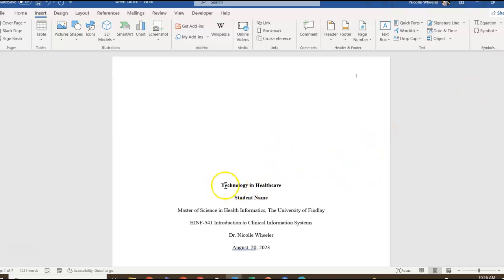Their title page includes the title. It would include their name, which I've taken that name out. That's where their name would go. You don't have to put your major, Master of Science in Health Informatics. You can just include your school,